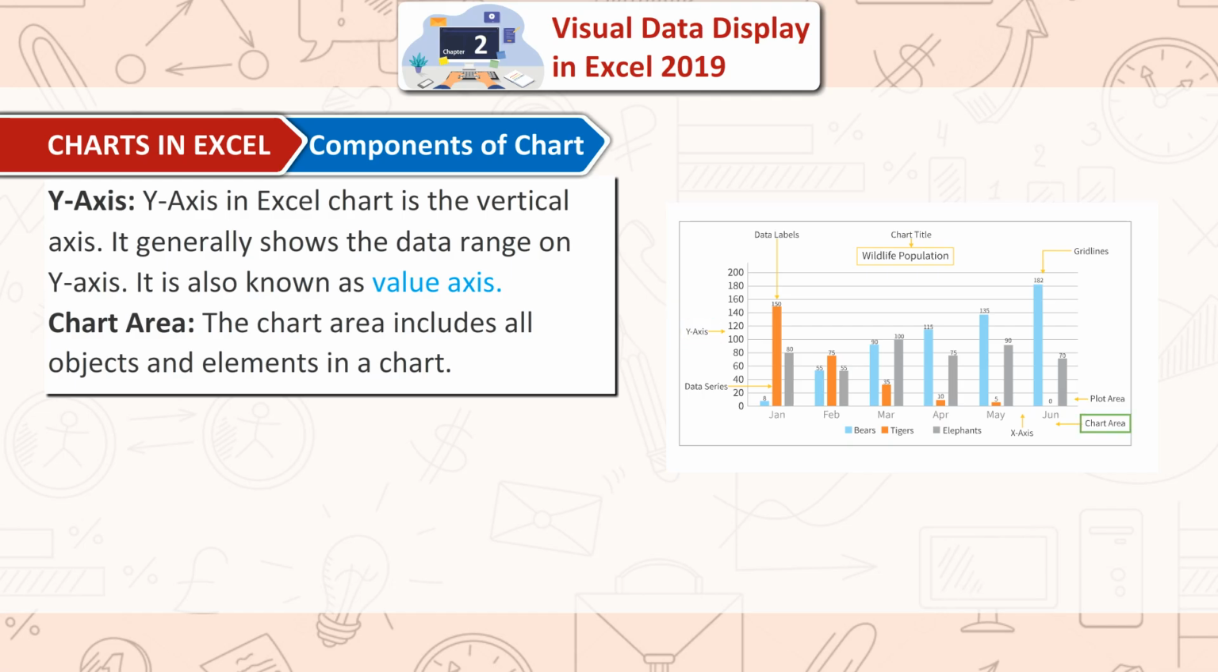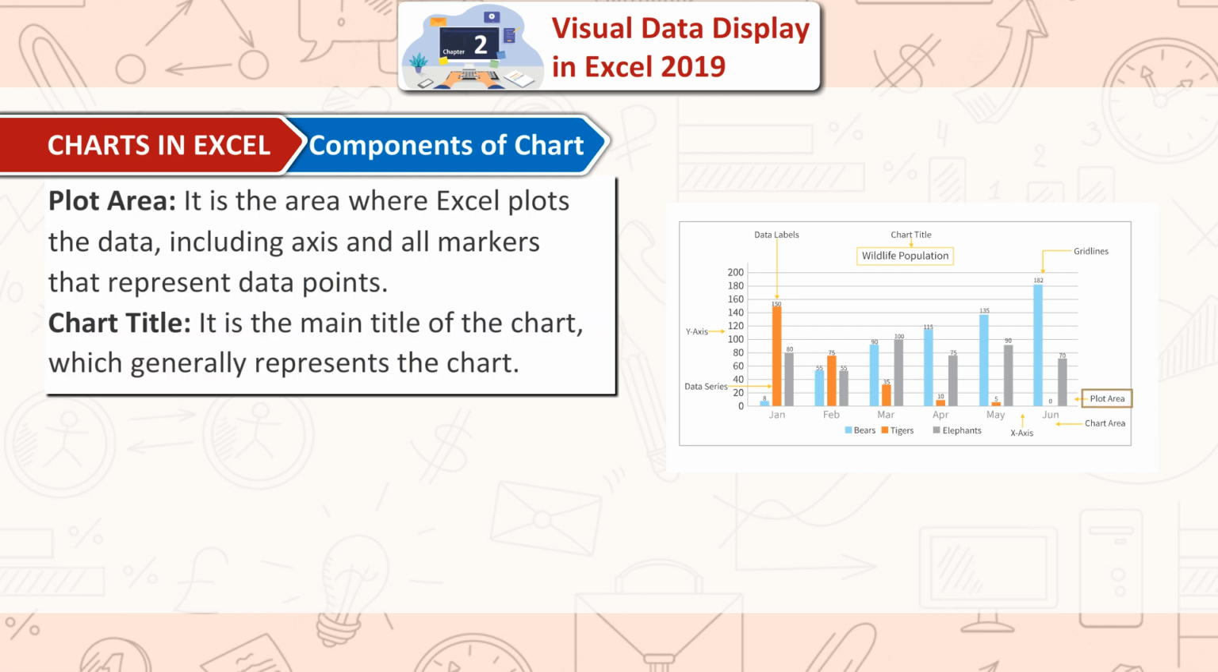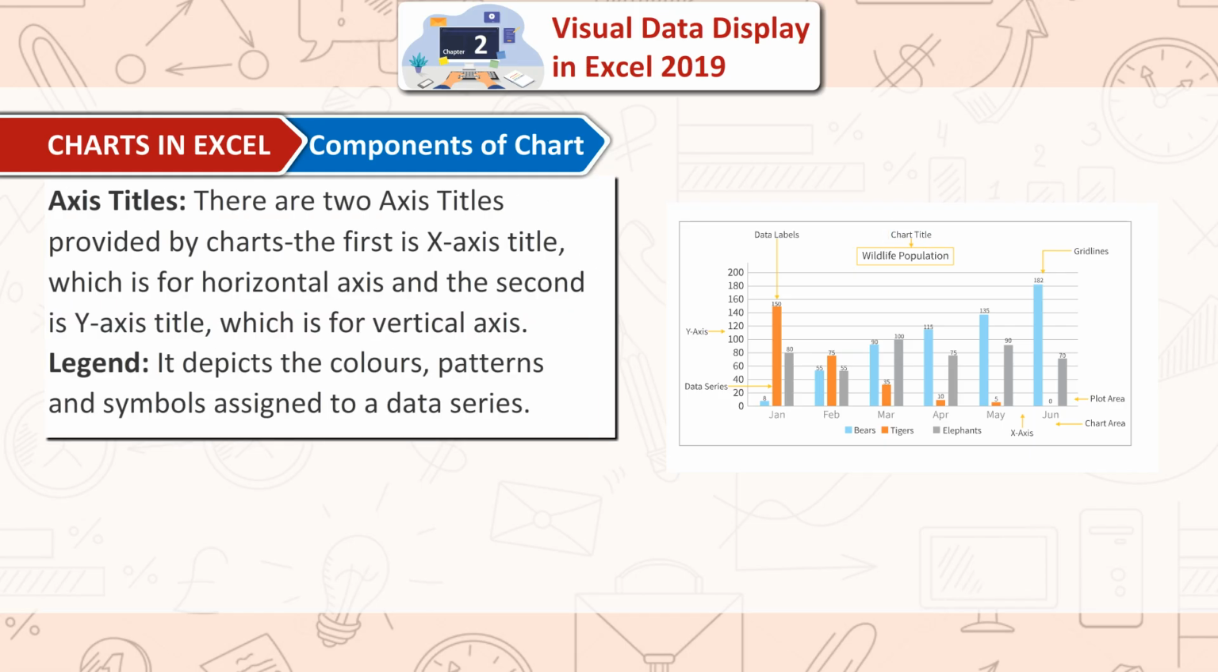Chart area. The chart area includes all objects and elements in a chart. Plot area. It is the area where Excel plots the data, including axes and all markers that represent data points. Chart title. It is the main title of the chart, which generally represents the chart. Axis titles. There are two axis titles provided by charts. The first is X-axis title, which is for horizontal axis, and the second is Y-axis title, which is for vertical